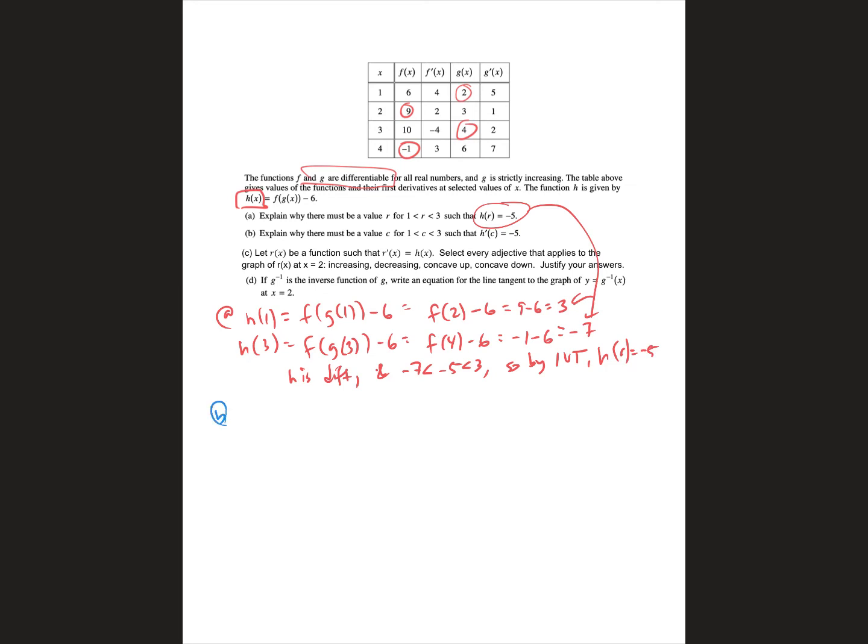Now for part B, notice for part B they're asking about h prime, which is a rate of change, and that should introduce the idea of the possibility of using the mean value theorem. So if I look at the mean value theorem for this same interval, we already said that h is differentiable, and remember the mean value theorem involves finding the AROC and then comparing it to an IROC. So the AROC in this interval would be the 2 y values that we just found,